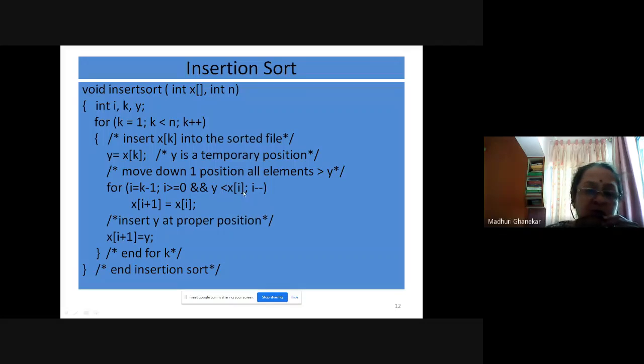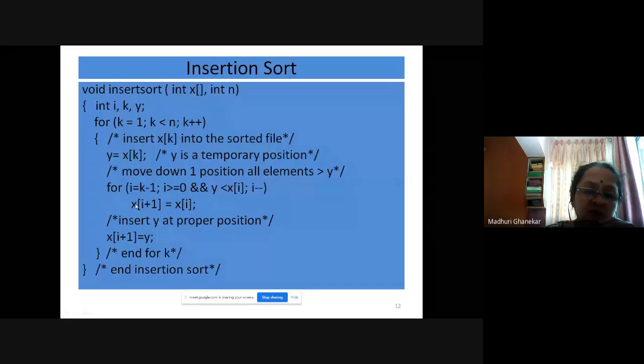As long as y is less than xi, that is, the temporary is smaller, if you find bigger elements, you move all those elements one position ahead. So that is what we are doing. Xi plus 1 equals xi.